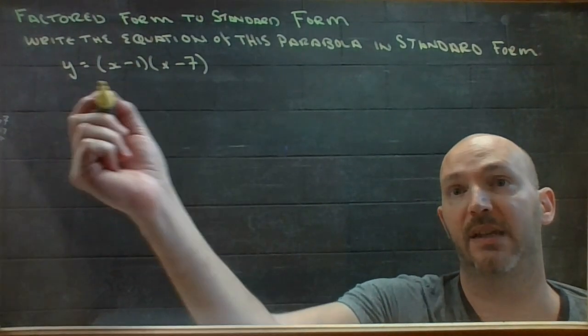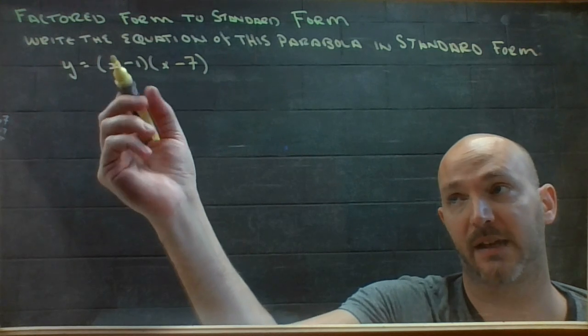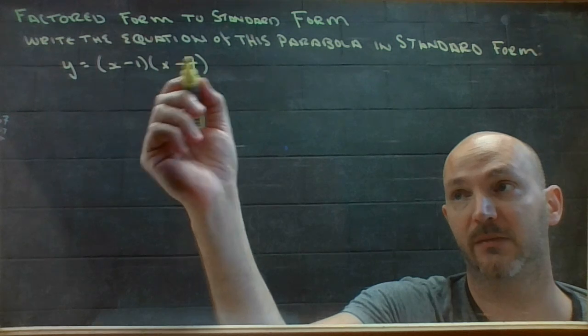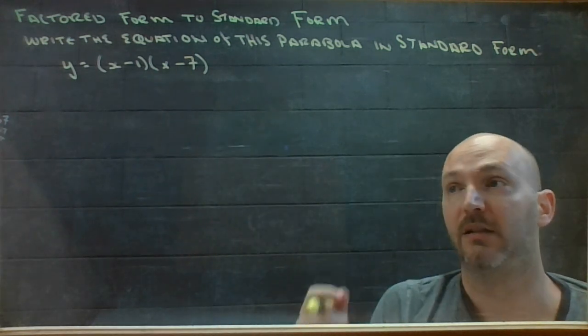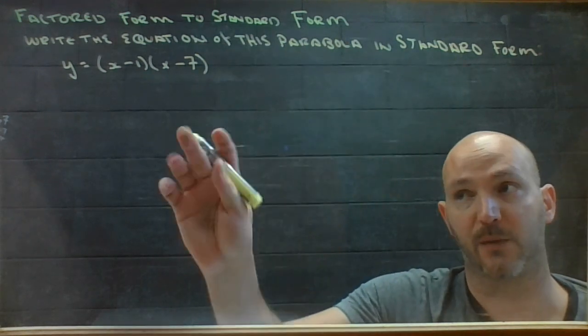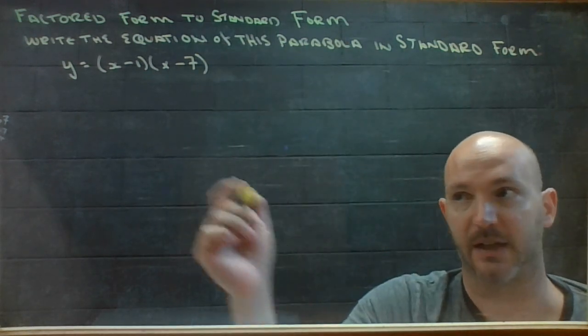So I was given this parabola. It has an x-intercept at 1. This 1 would neutralize that, and the 7 should neutralize that. And I'm going to try and convert it to standard form using this multiplication technique. So